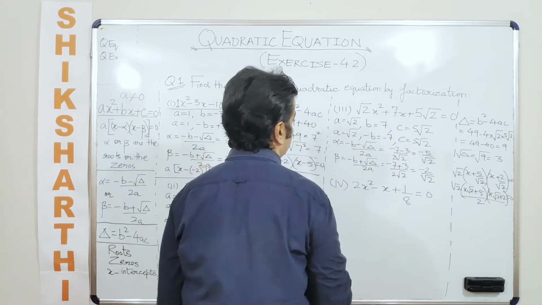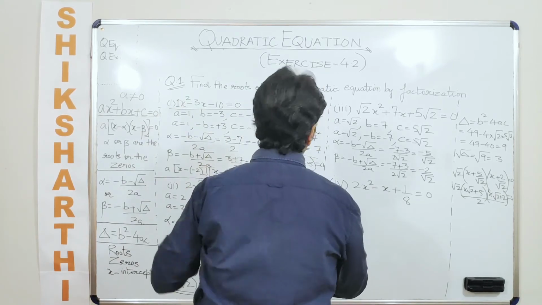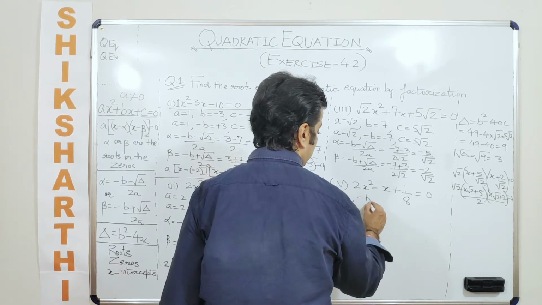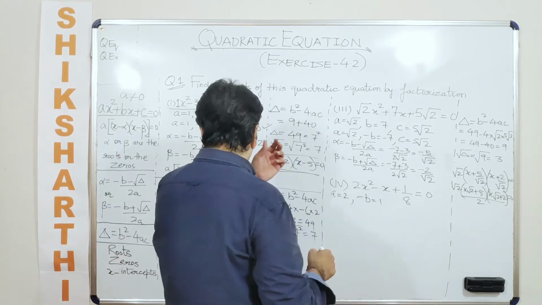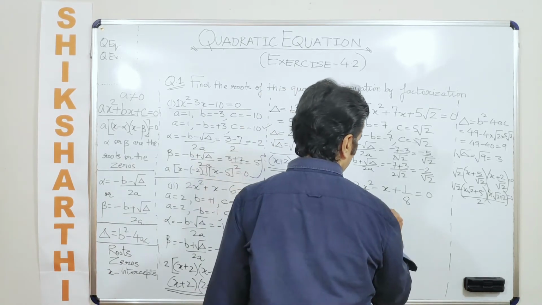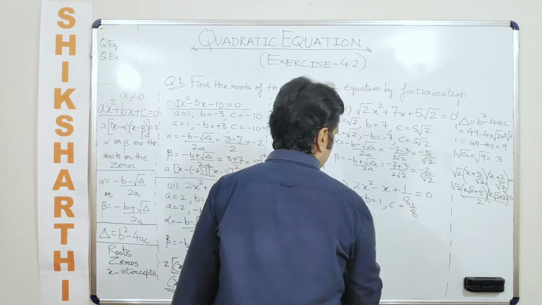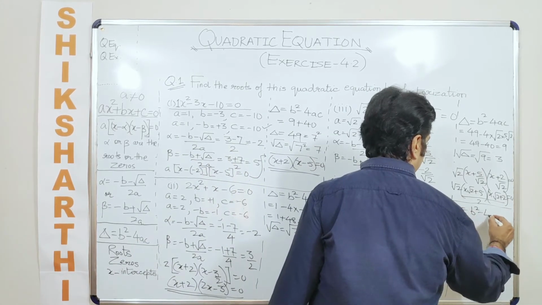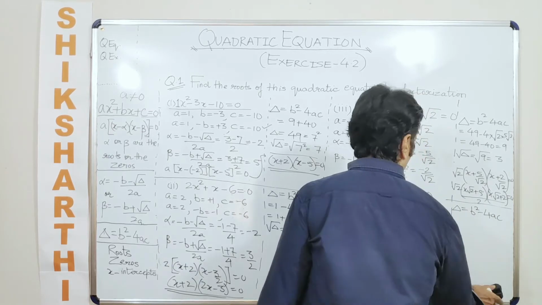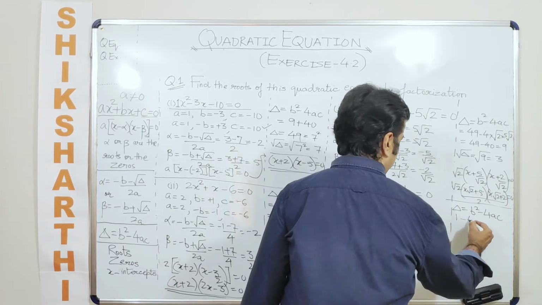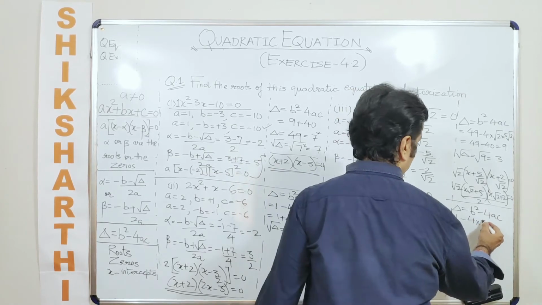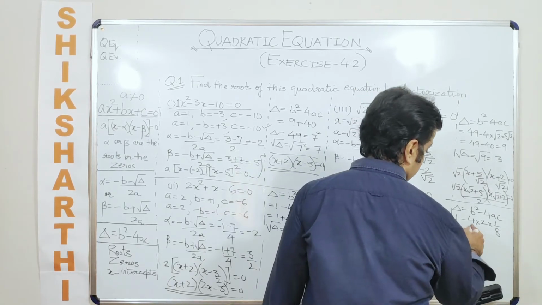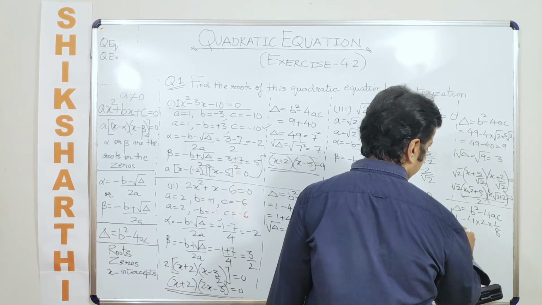Okay, last question, number 4 of subpart 4 of question number 1. So in this case, can I say that the value of a is 2? Now I am directly writing down the value of minus b as 1. Okay, b is equal to minus 1, so minus b becomes equal to 1, c becomes equal to 1 by 8. So we need to calculate the value of delta from here. The value of delta here is b square minus 4ac. So how much is b square from here? 1 minus 4 into 2 into 1 by 8, which is just like saying what? This is 4 into 2, 8 divided by 8 is 1, 1 minus 1 is 0.